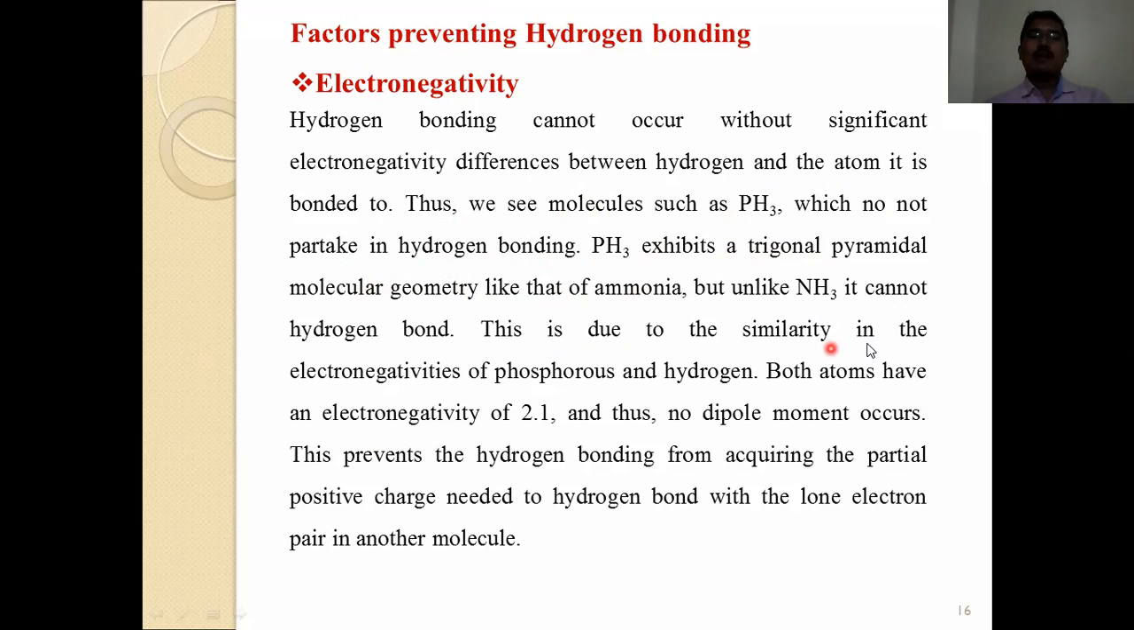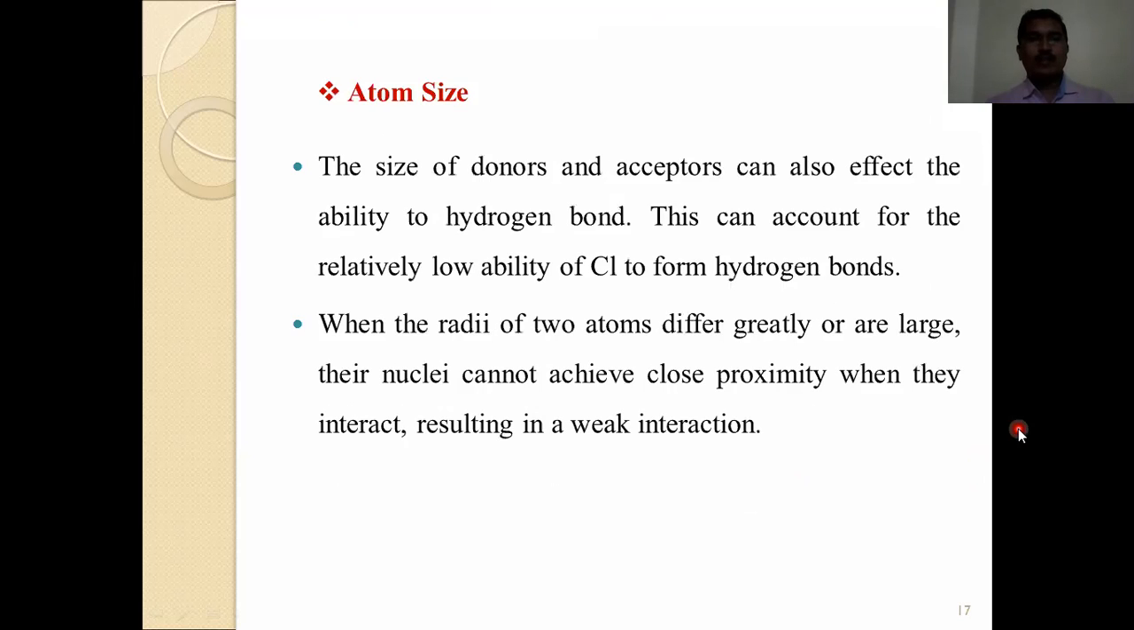This is due to the similarity in the electronegativity of phosphorus and hydrogen. Both atoms have an electronegativity of 2.1 and thus no dipole moment occurs. This prevents the hydrogen from acquiring the partial positive charge needed to bond with the lone pair of another molecule. That means if electronegativity is present, one more electronegative and one more electropositive atom is